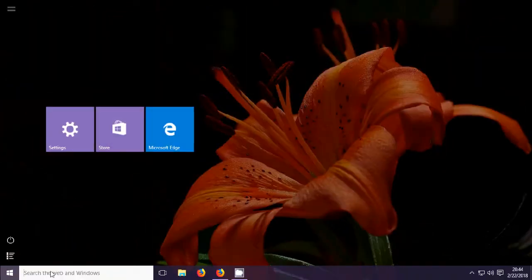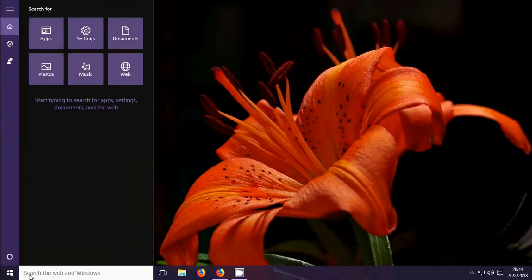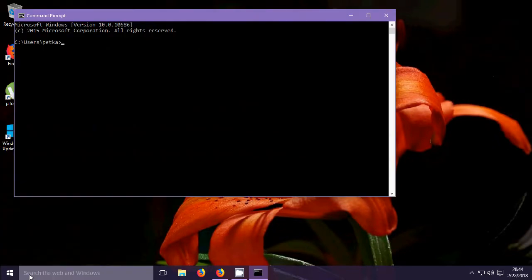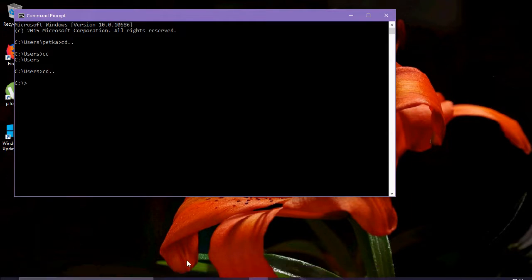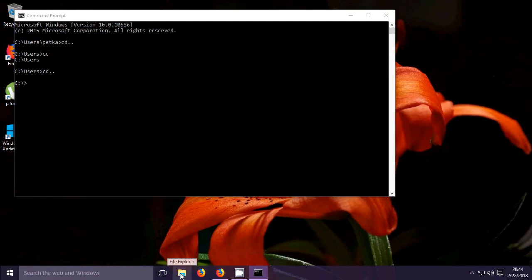After installing Python, open cmd, the command prompt. After opening the command prompt, change the directory, that is cd. After changing the directory to C drive, open where you have installed Python,